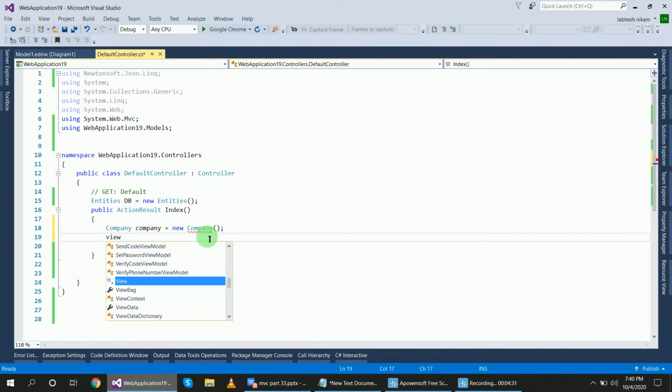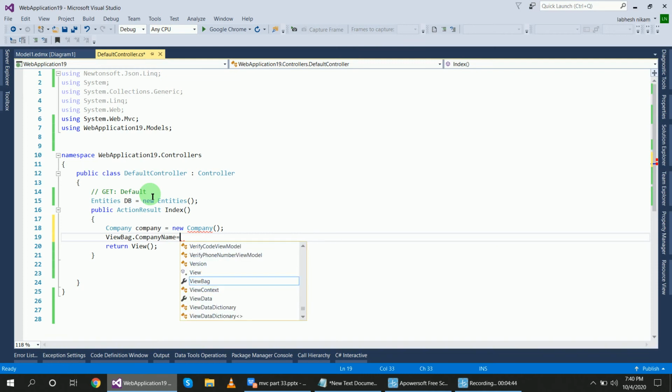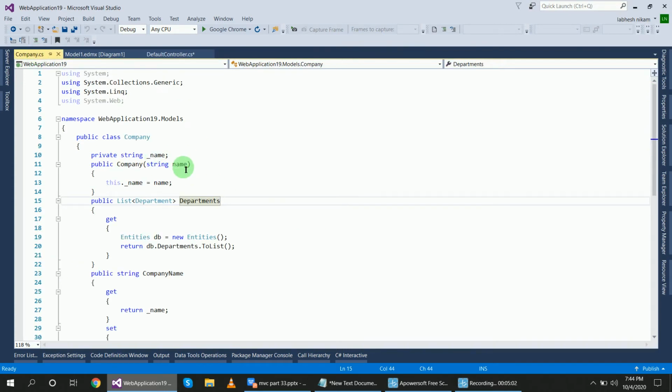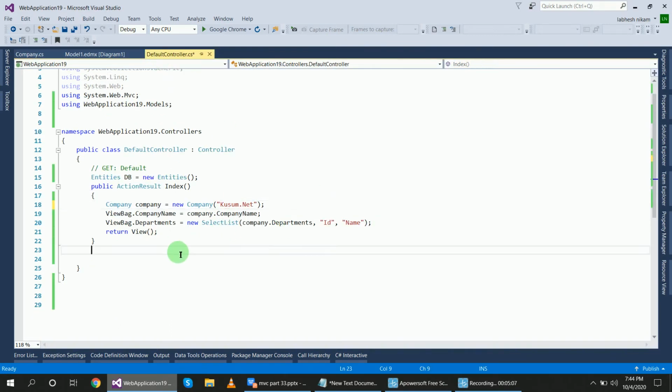Now write the ViewBag property, ViewBag.CompanyName equal to. Now inside of this Company I will pass the name Kudvenkat.net because, you know, one parameter is passed in the class, the string name in the Company constructor. So I have passed the name here.